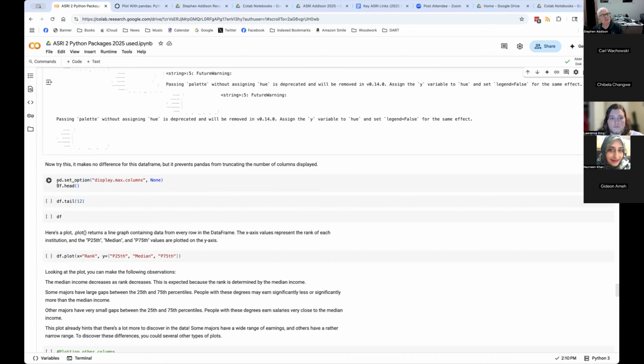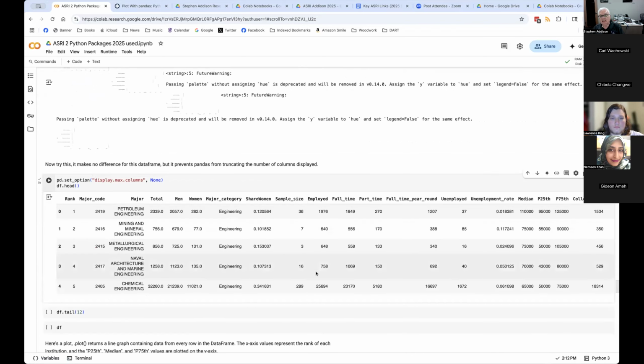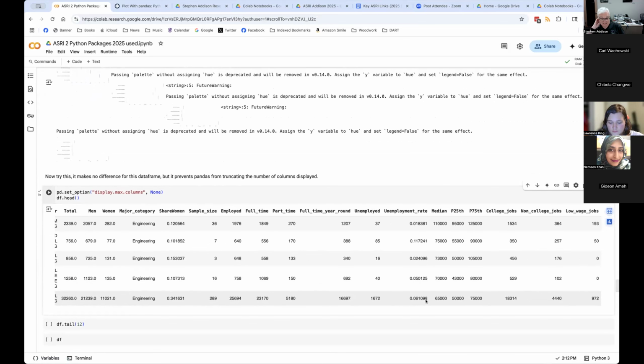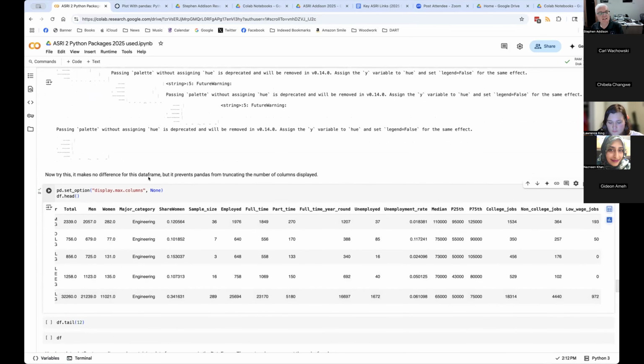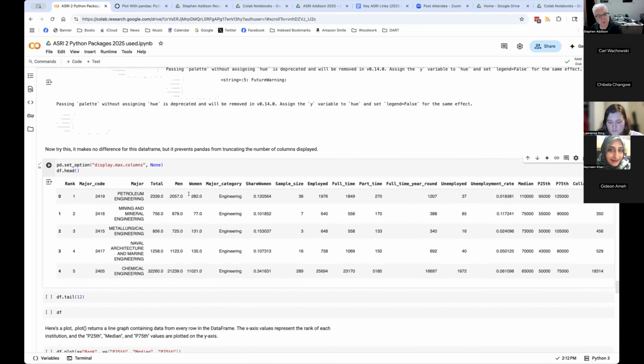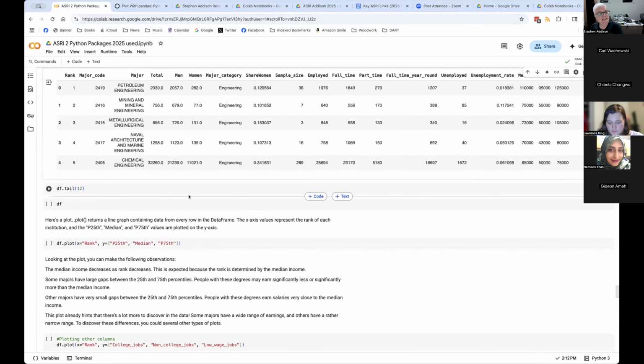It won't actually change anything here because 21 is below its maximum, so it looks the same. But if you ever need to display more columns, that's the way to do it. Okay. You can look at the top of a data frame. You can look at the bottom of the data frame. When I looked at the top, I just used df.head and parentheses. Well, the bottom is